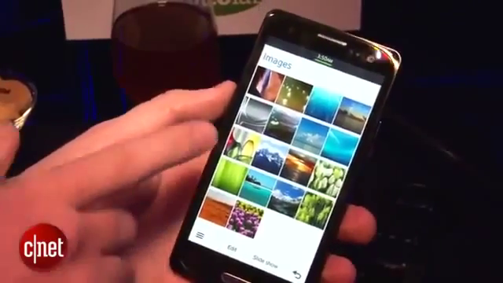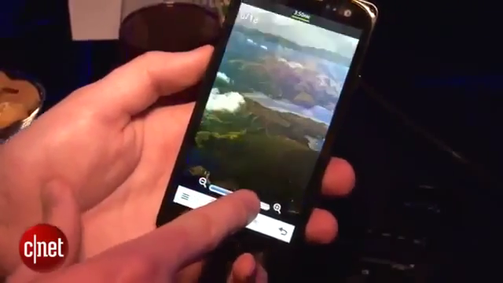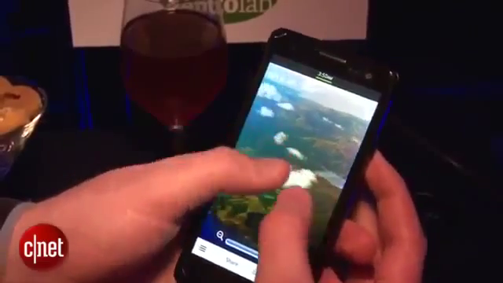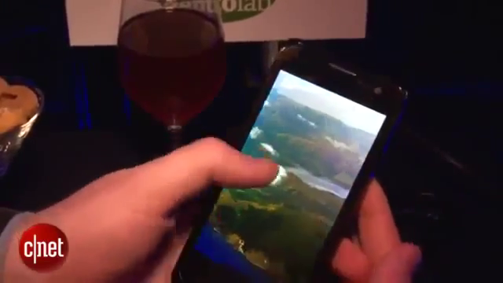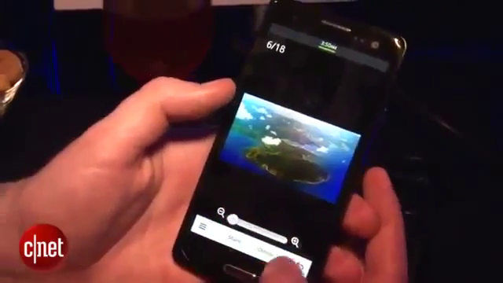We're in the gallery now. Something that's a little unusual is that if you tap an image, you zoom in using this slider on the bottom. If I try and pinch to zoom, you can't do that. Double tapping doesn't do anything either. You can scroll around the image, but if you want to zoom in and out of it, you have to use this bar. So obviously very rough around the edges, quite far from being finished,